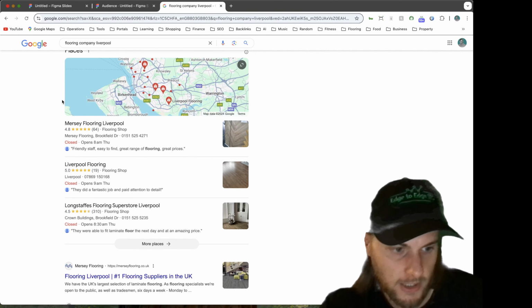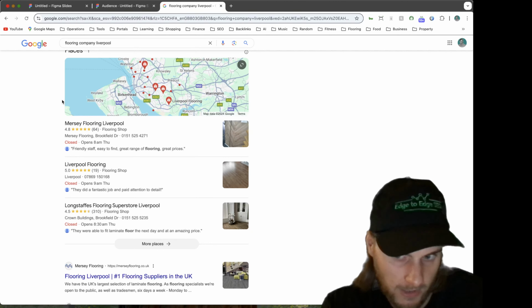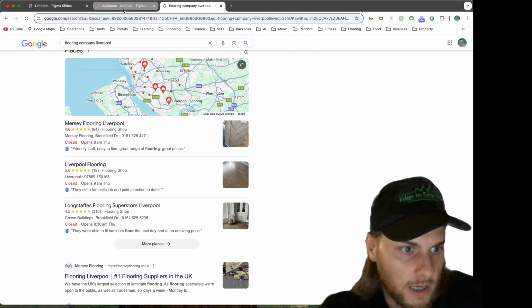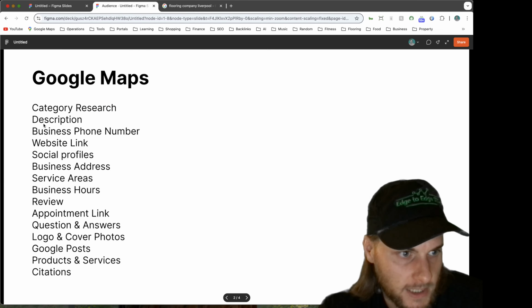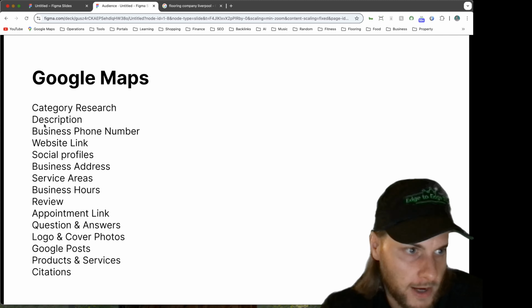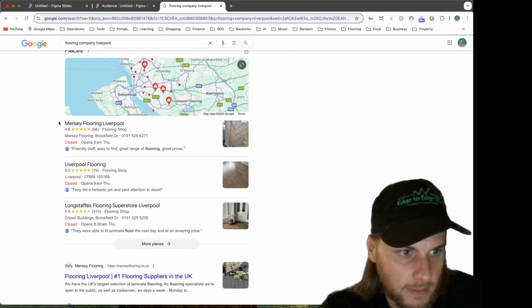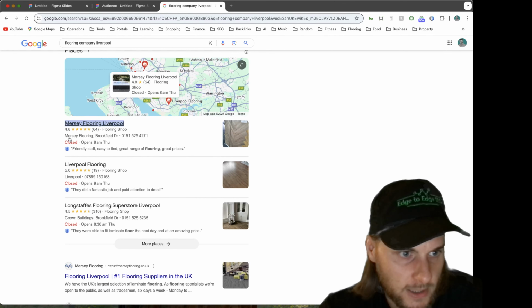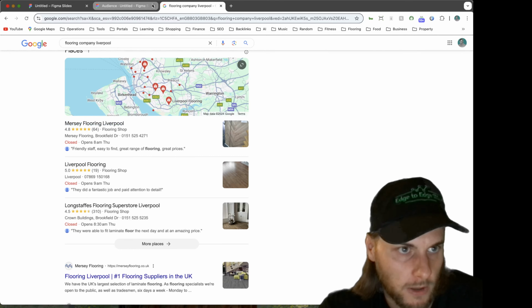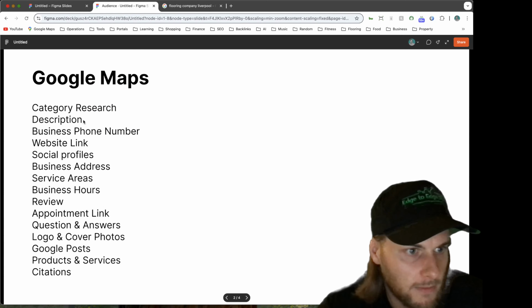And really all you need to do is amalgamate all of those different keywords, categories and terms into one very short description that's going to be highly optimized for your business, making sure that you always start with your brand name, because again, your brand name is going to be the most important thing. It's going to be right at the top here, and it's also going to be right at the start of the description as well.